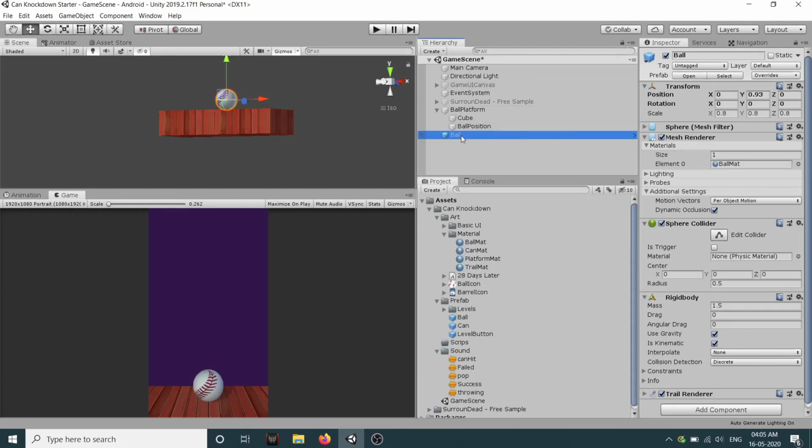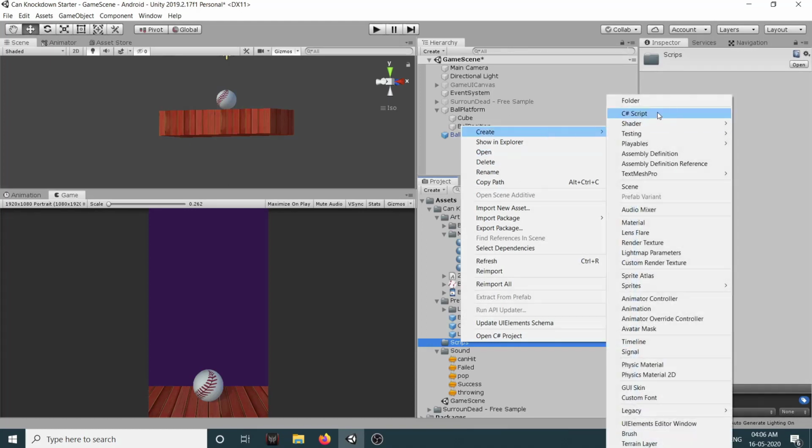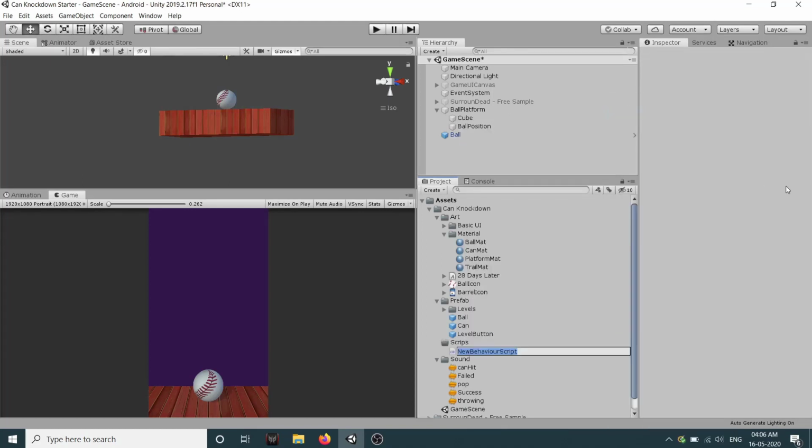One thing guys, if you see our ball prefab, it has a rigid body as well as a sphere collider and a tail renderer. In rigid body you can see is kinematic is true because when we spawn our ball we don't want any physics to act on it. We want to add physics only when we complete our swipe. So at the start it will be is kinematic. In the scripts folder, right click and create a new C# script and let's call this swipe controller.